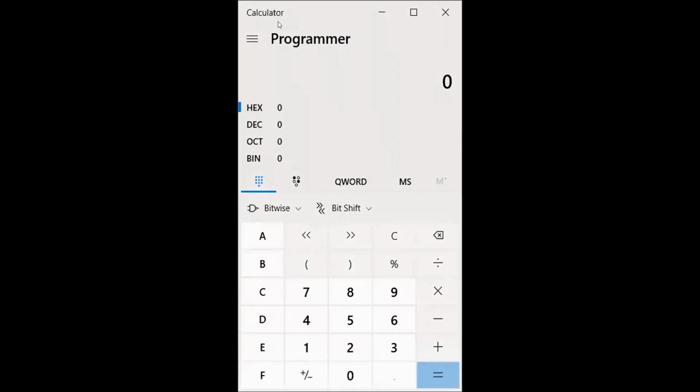Can you see both the software and the calculator, or only the calculator? Please reply. Only the calculator. Okay, take a paper and make a note on it fast.